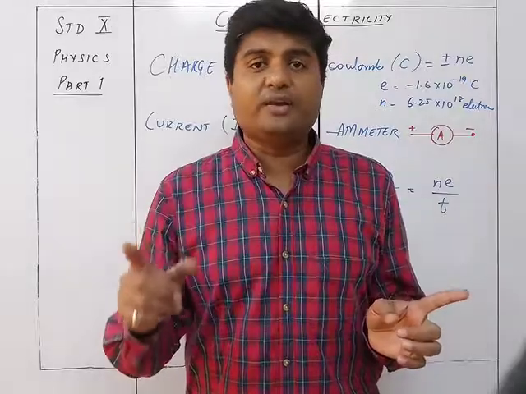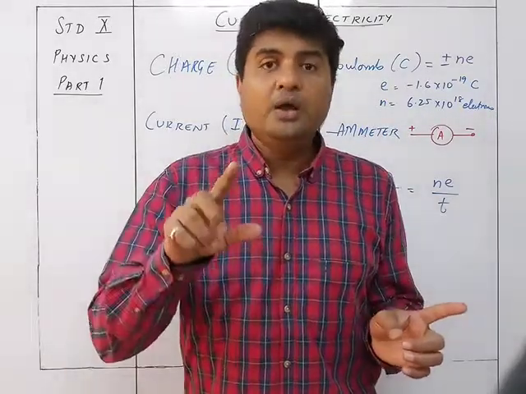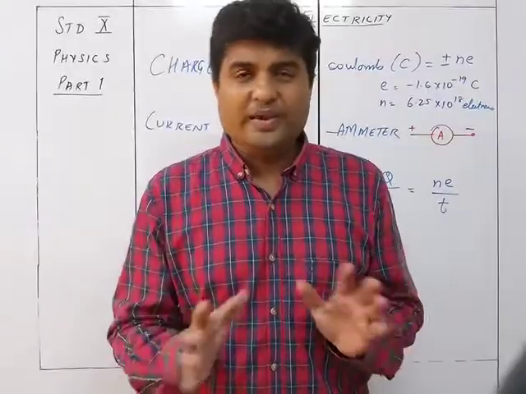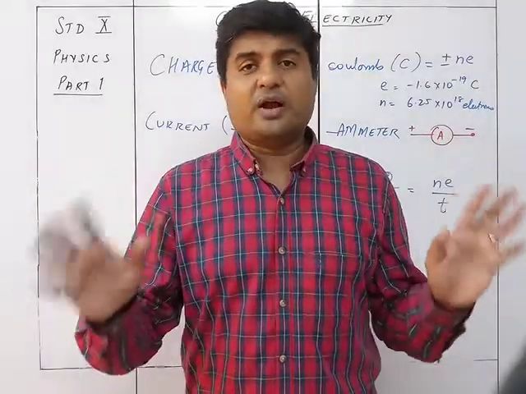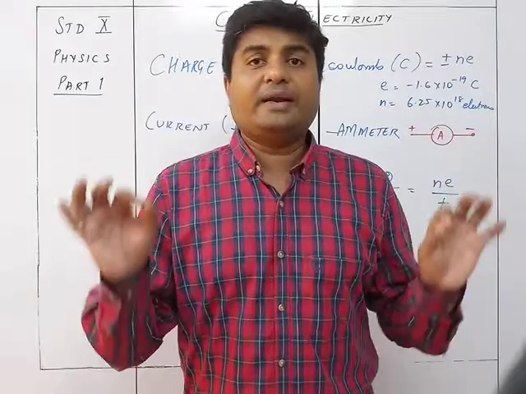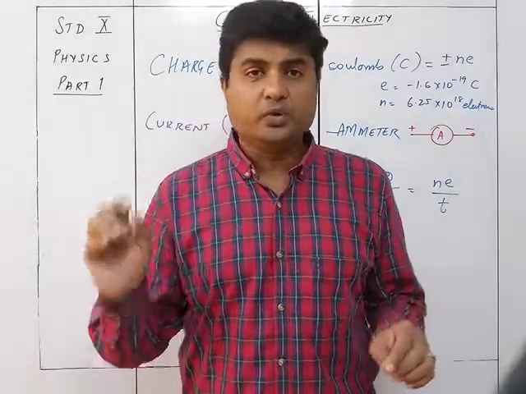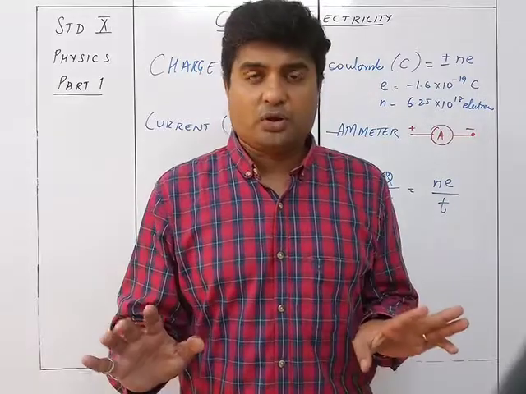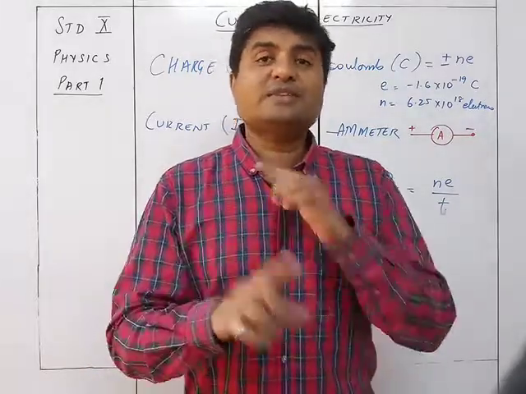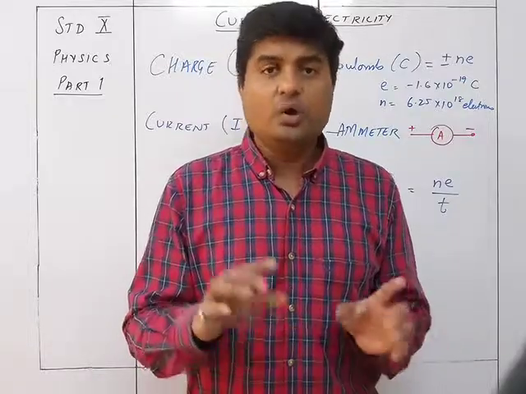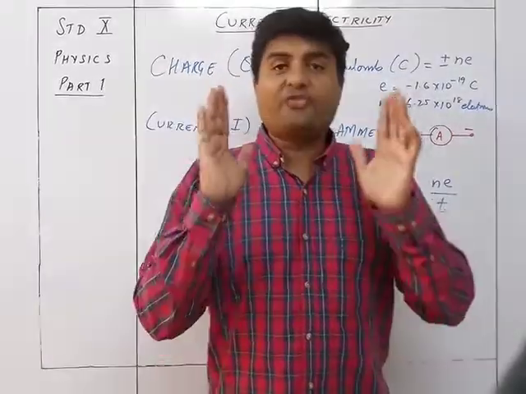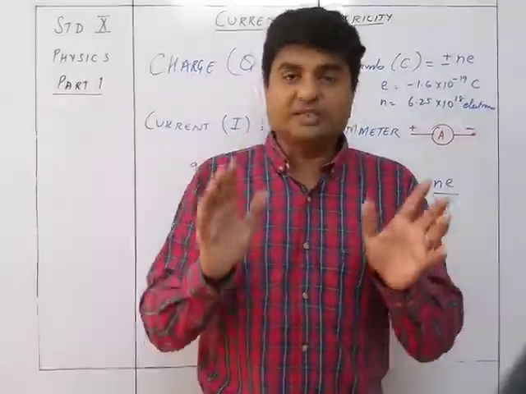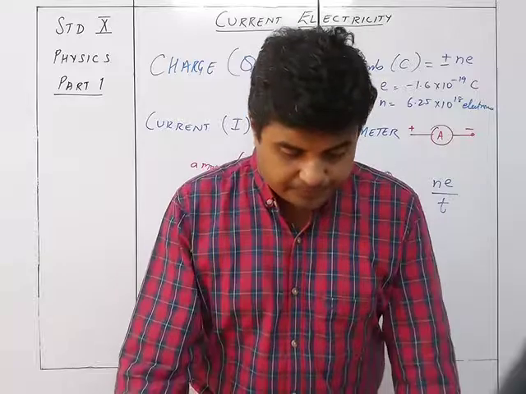Now flow of current is always going to be from positive to negative, whereas the electrons are going to move from negative to positive. So this is conventional. We are going to use only the sign conventions. According to the convention over here, we know that current always flows from positive to negative. So we are never going to see the flow of electrons, because the flow of electrons is opposite to the flow of current. We are just going to see the flow of current, which is from positive to negative.